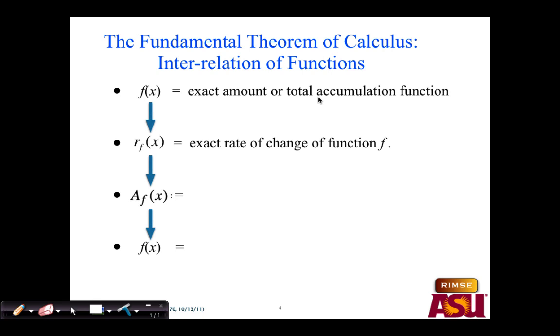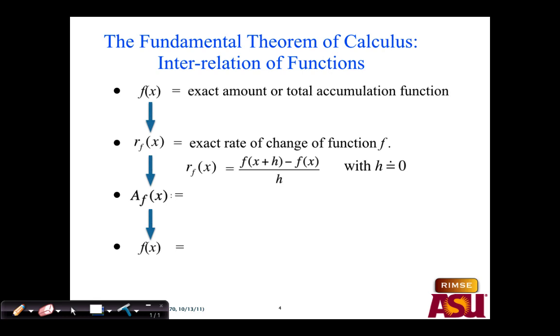But exact or total accumulation function. If I have that, whether I call it an amount or an accumulation total amount, and even if it's a net amount, whatever it might be, if I have some sort of accumulation function or how much of something there is, you can think volumes or areas, you can think about distance traveled or whatever you want. If it's net or total amount of something or accumulation of something, I can find rate of change functions using this